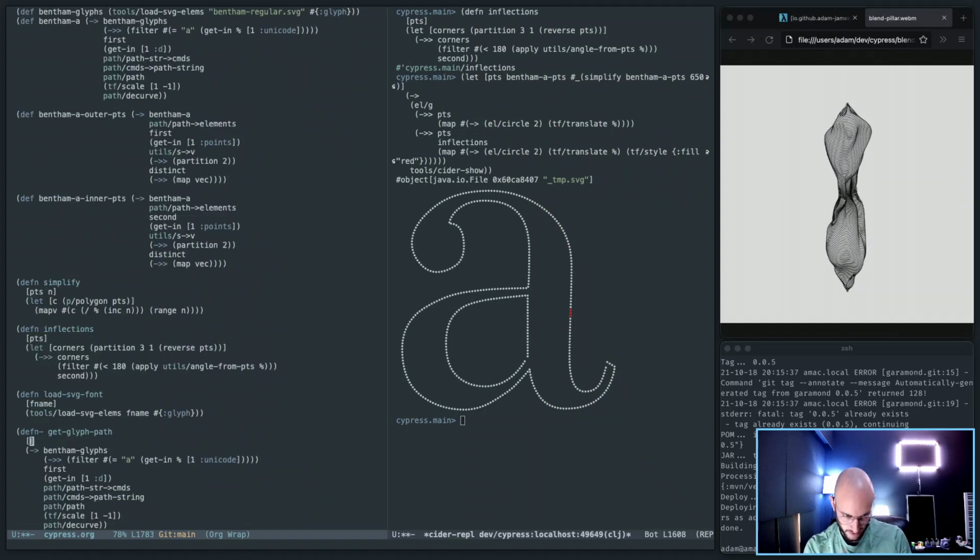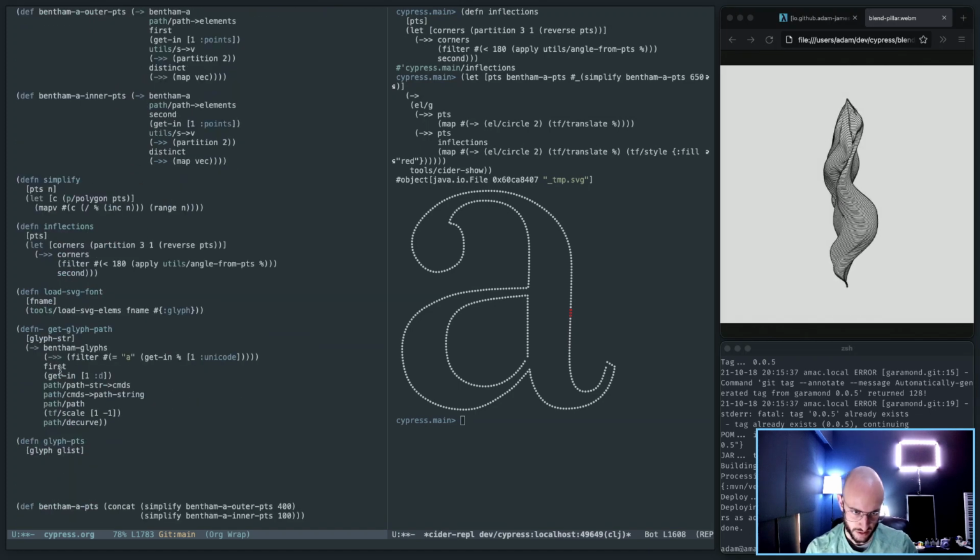There we go. That's what I want. And then I want the glyph string. Yeah. Right, so then you have to do it like this. You thread glist through filter. All you grab is the first thing, glyph string. Get first. Okay, then